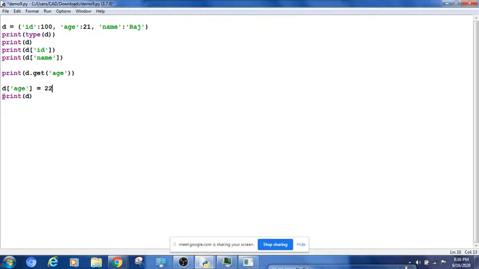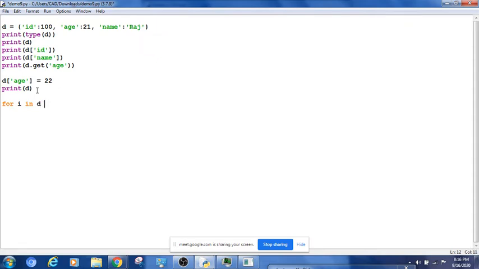Another thing is, this is all about how do we access the element and how do we modify the element in a dictionary, and how do we loop through the dictionary. Let's see how we loop through a dictionary. Loop means generally we use a for loop.